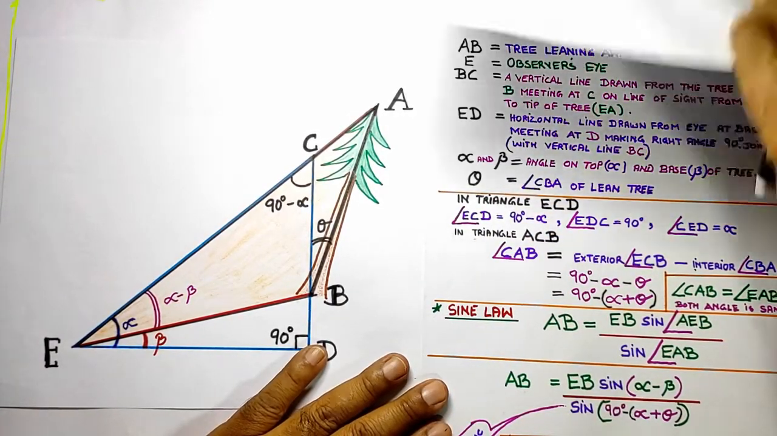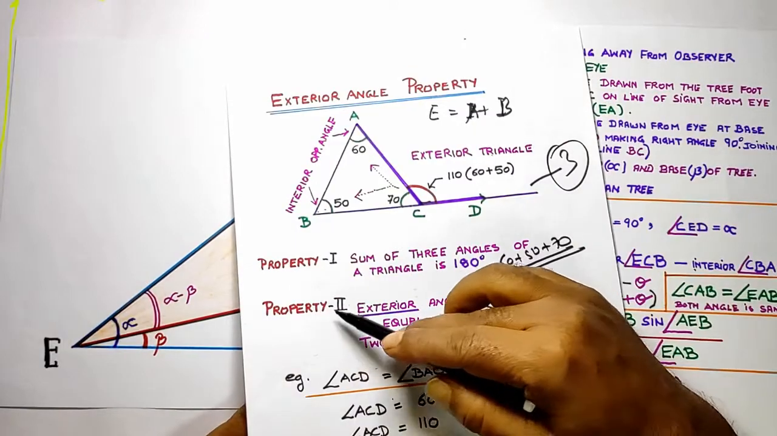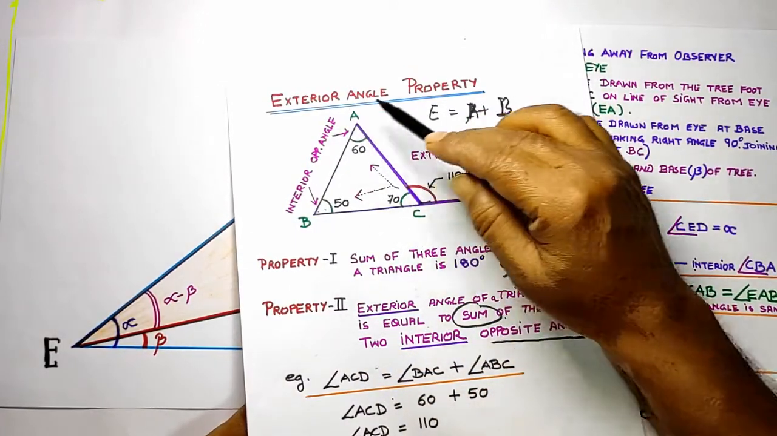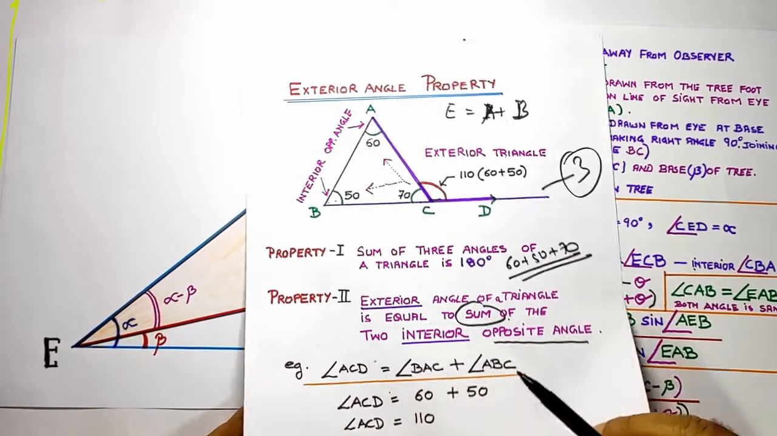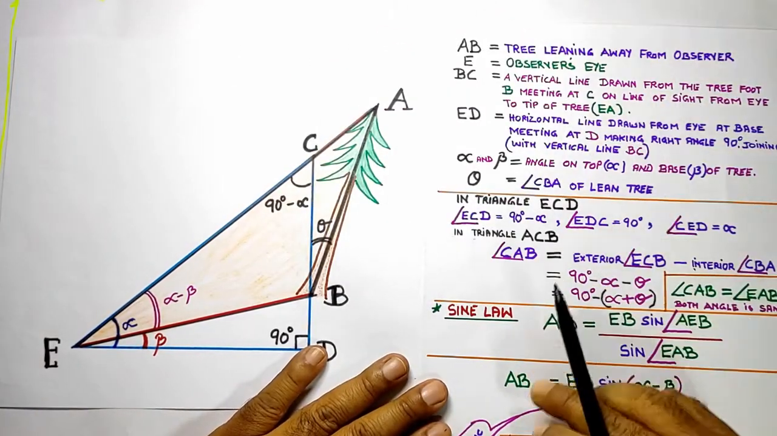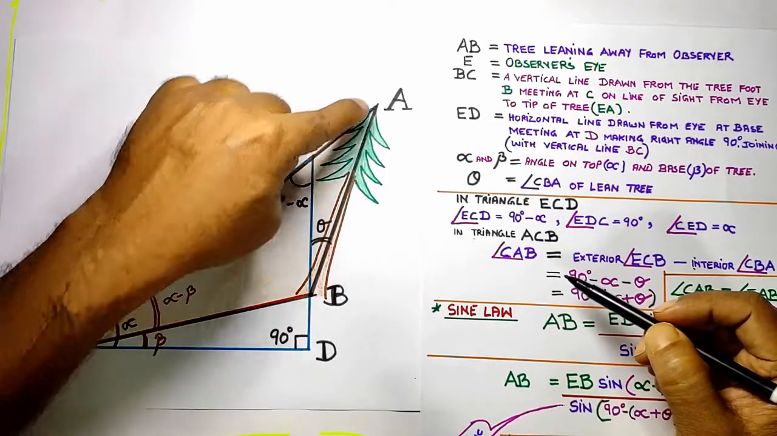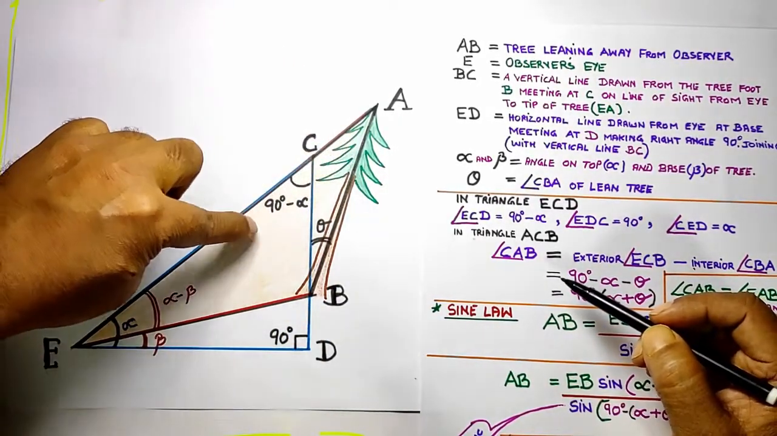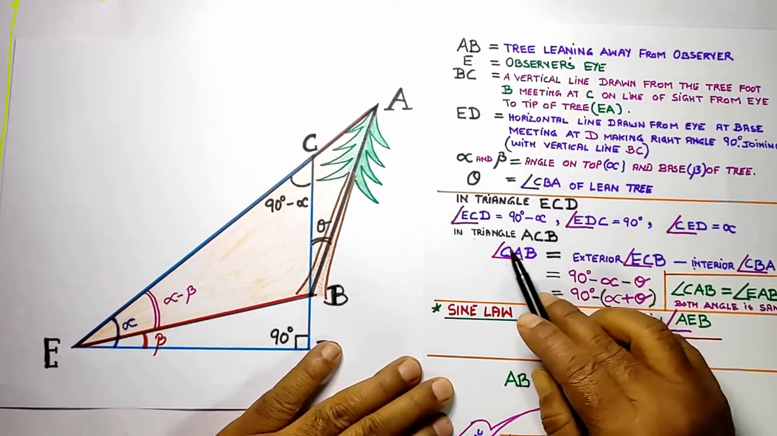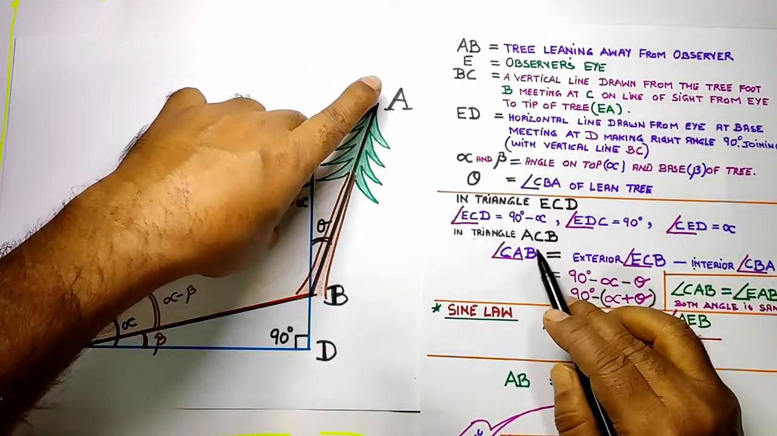Already I explained this law of property number 2, that is called the exterior angle property. The exterior angle of a triangle is equal to the sum of two interior opposite angles. Now we need to calculate CAB. If this is exterior, and you subtract this interior from this exterior, we'll get this one. So you can see in triangle ACB,